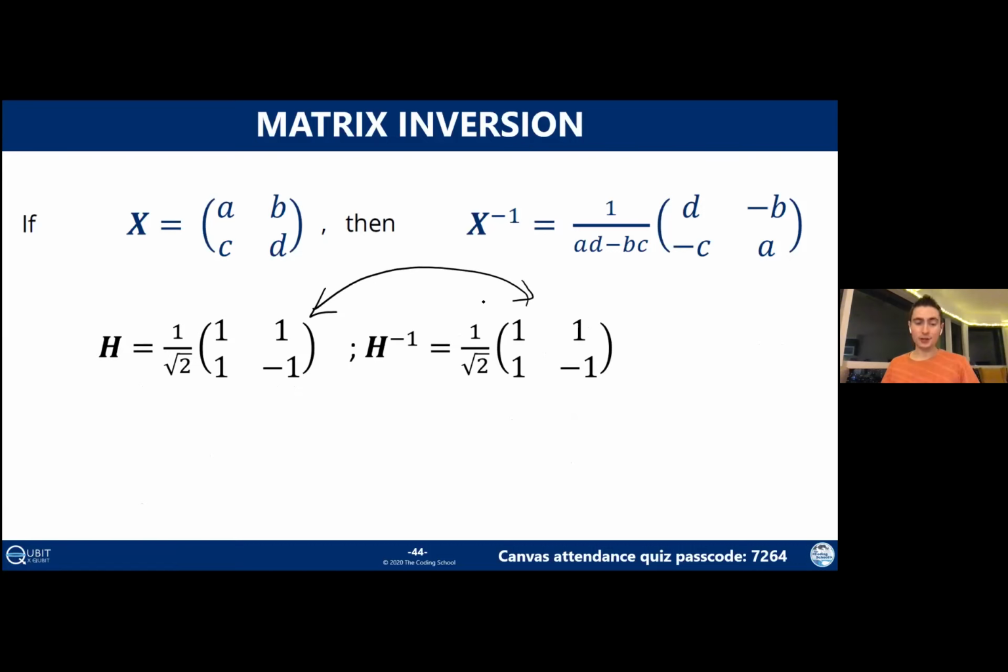It turns out, well, number one, this is not true for all matrices. For most matrices, the inverse is going to be different. But for a lot of quantum gates, this is the case. So as an exercise, if you want to try it for the NOT gate, or the bit flip gate, you should find that X inverse is also equal to 0, 1, 1, 0. So it's the same idea where the inverse is actually the same thing. This happens a lot for quantum gates.